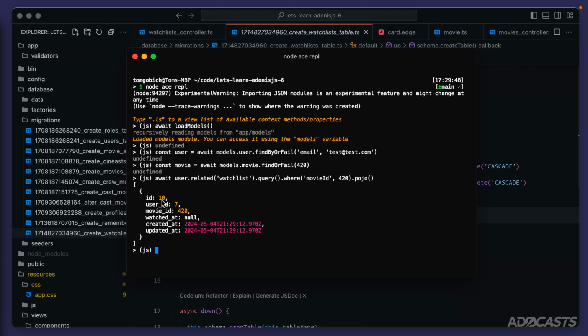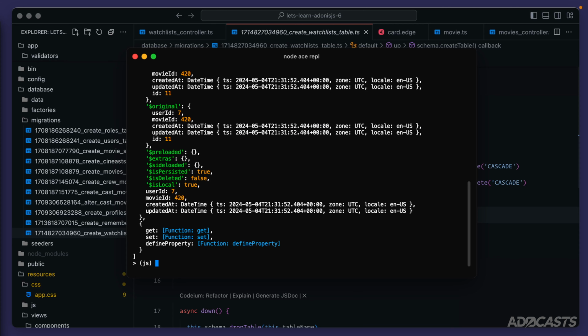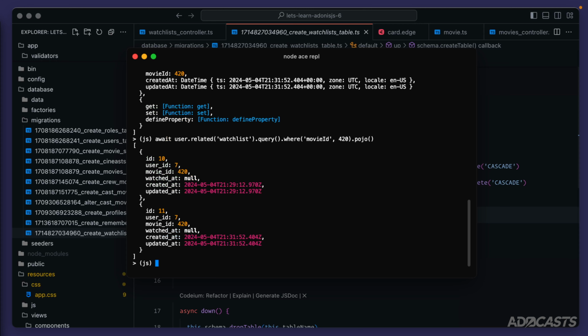This movie's only in this user's watch list once, but there's nothing preventing us from actually doing await models.watchlist.create with userId of user.id and movieId of movie.id, essentially adding this movie into this user's watch list again. So if we run this, there's all of the model properties, but if we go up 2 times and rerun our same query, we can verify that this single movie is inside of this single user's watch list